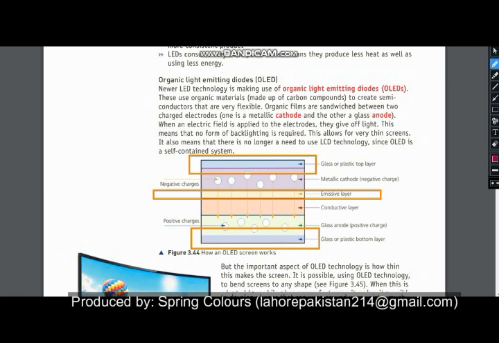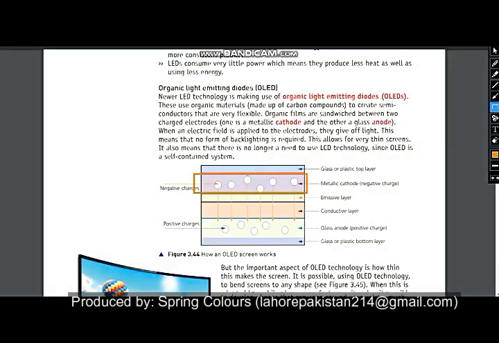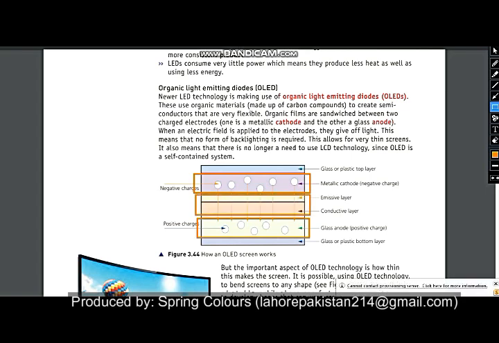As you can see from here, an organic material is sandwiched between two glass layers. Electrons flow from the metallic cathode to the glass anode, and when they flow from the negative to the positive layer, an electric current is produced in the middle layer, and the central layer radiates light. That is why